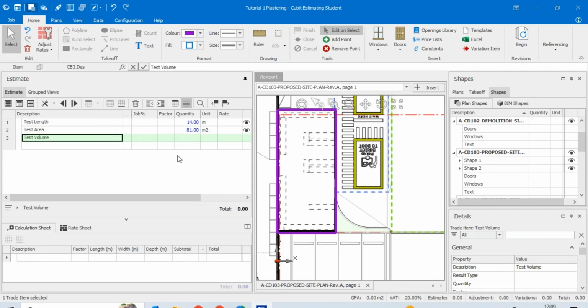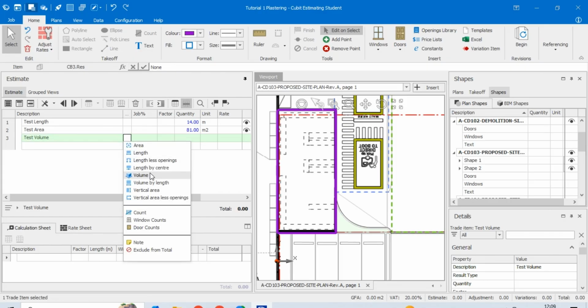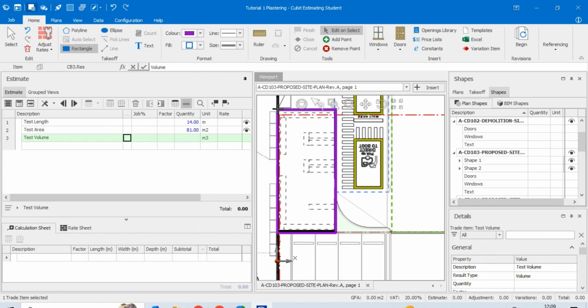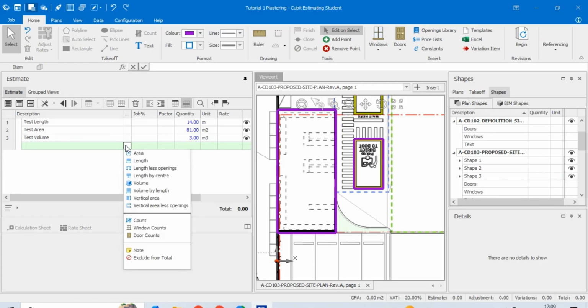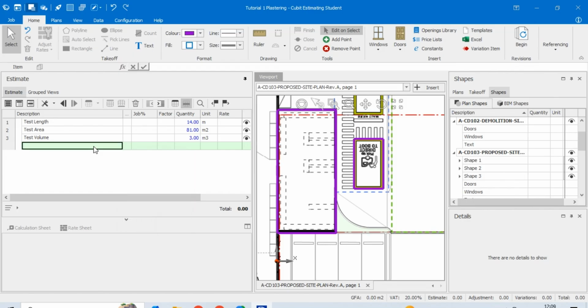So on the quantity, when you select volume for this slab, you can just use the same shape. When you select this shape, just press escape so that it stops. Okay, let's use this other floor plan. You see it gives automatically. So in our next tutorial, I'm going to show how to edit the shape so that the volume and the